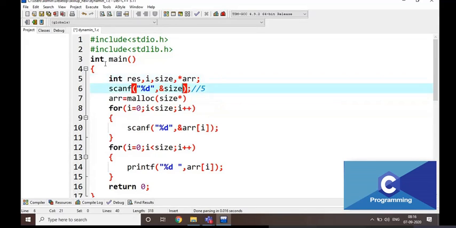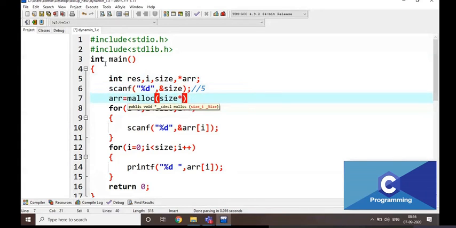For example, if it is 5, then 5 into the sizeof operator, sizeof integer. We use whichever type of variable we are working with: sizeof integer, if it is a float, sizeof float, if it is a character, sizeof character. We have to take it like that.